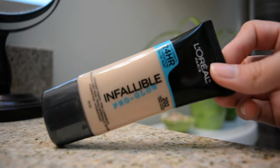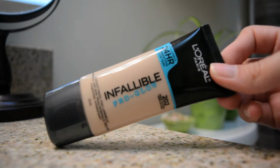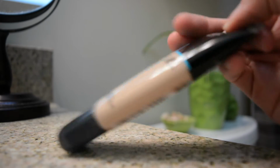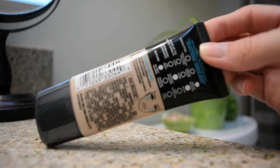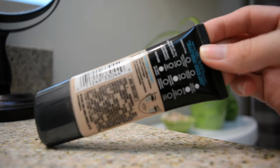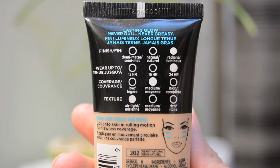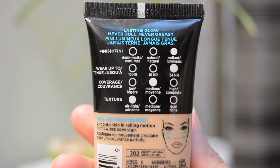So if we take a look at the packaging here, on the front it says up to 24-hour foundation. It says it's the L'Oreal Infallible Pro Glow. Mine's in the shade 202 Creamy Natural. Turn it around and the back says lasting glow, never dull, never greasy. It's got kind of this chart here, which I appreciate from the L'Oreal products. So this one it says it has a radiant finish. It wears up to 24 hours. It's got medium coverage, and it's got air light texture, and it says, pro tip, dot onto skin in rolling